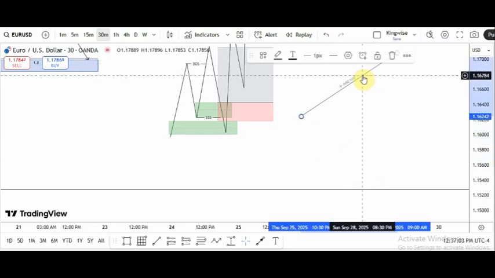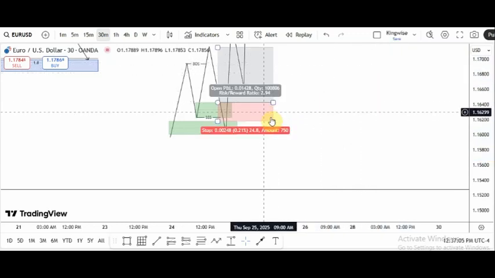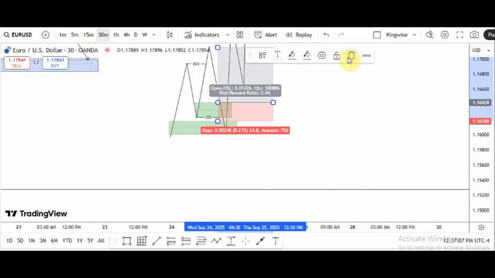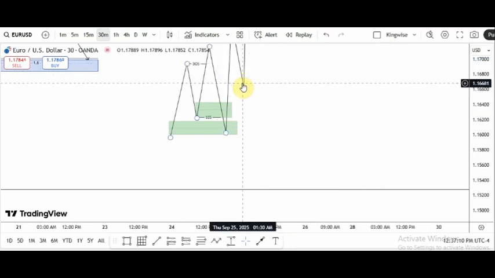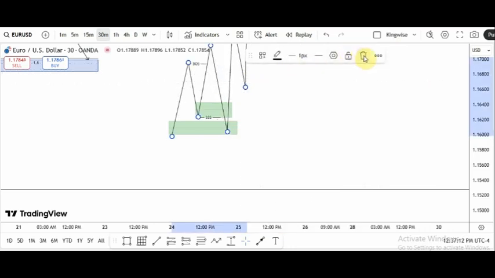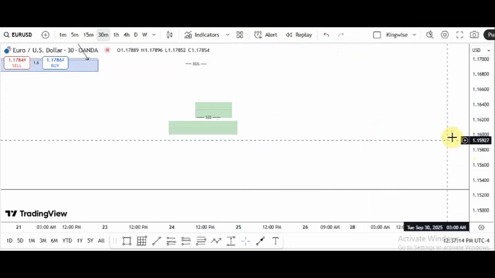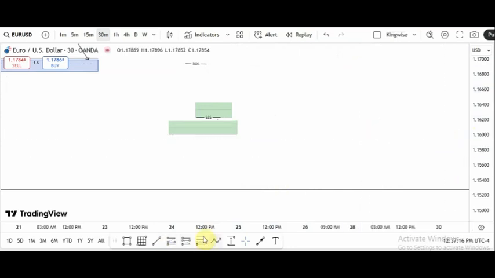liquidity. Now, liquidity can also be found at psychological levels. Yes, there's what we call psychological levels. They are kind of round up numbers. Maybe you have a trade around,